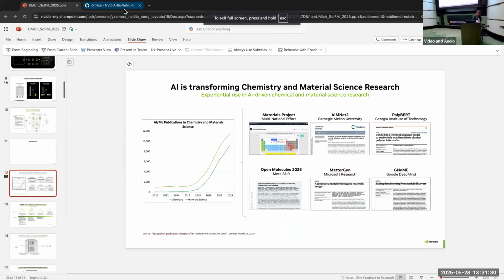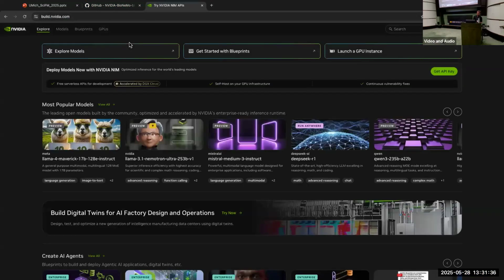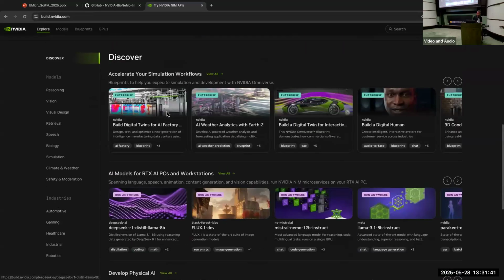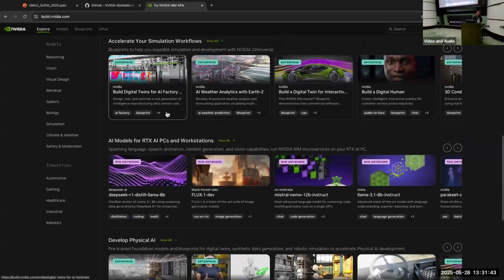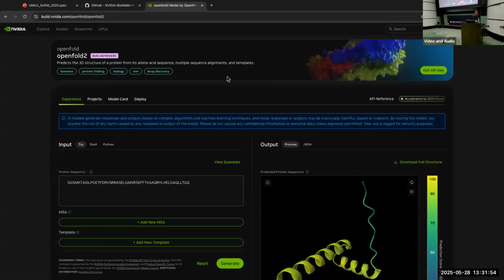I just wanted to quickly show, for anyone interested, something interactive. If you go to build.nvidia.com, you can actually pull up these NIMs in a very ChatGPT-like interface. It's a pretty messy web page, but if I scroll down on the left, there's a biology section. Then I could, for example, choose OpenFold.